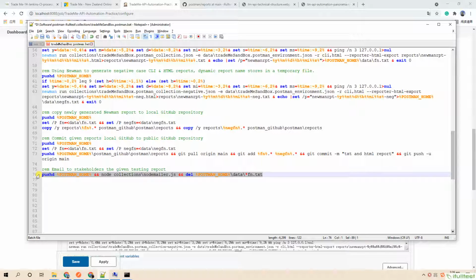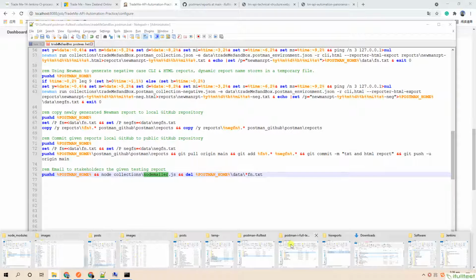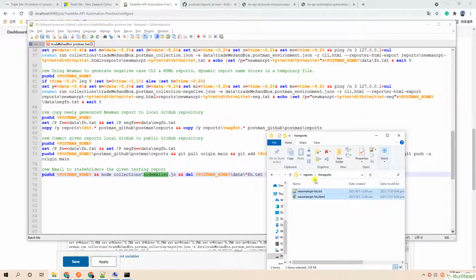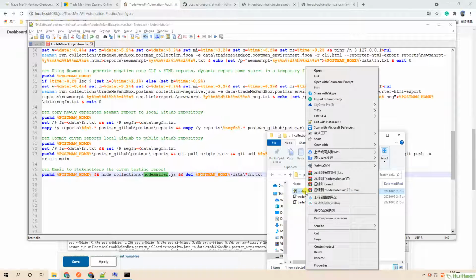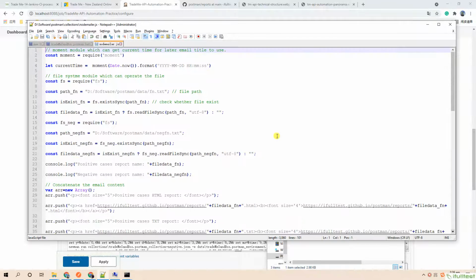Here we can quickly go through this email script. First, we get the current time for the email title to use.